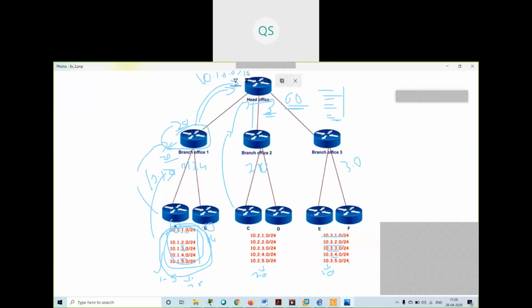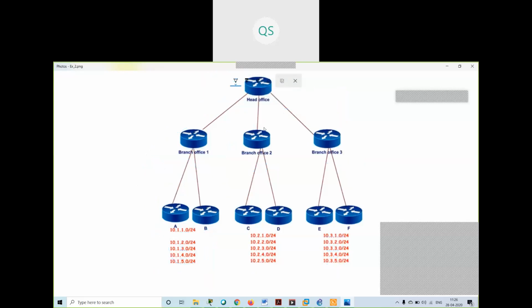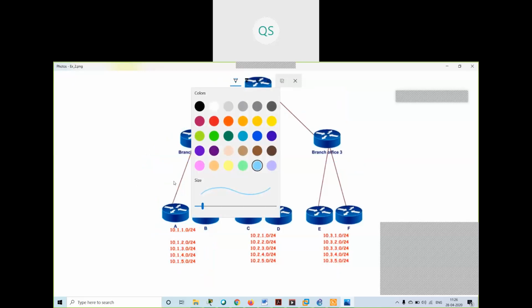So I changed this CIDR value. Okay, due to this CIDR value, I will explain how I will get the CIDR value. So what I will do, I will just advertise three networks, one from here, one from here, and one from here. So my routing table will be short. It will not get increased.